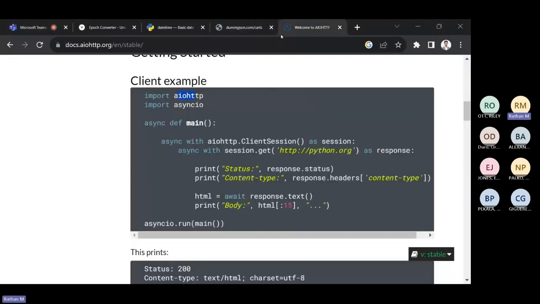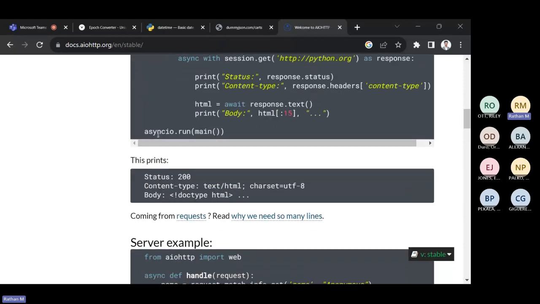We can use AIOHTTP with AIOHTTP's client session as well. So just to point out, there are multiple ways to perform the exact same operations within Python, just so we know. Right. With this, I'm just going to leave it at this. If you want to try it out, it's the same thing.